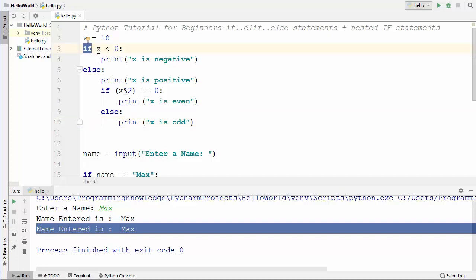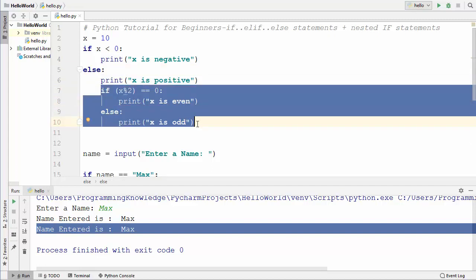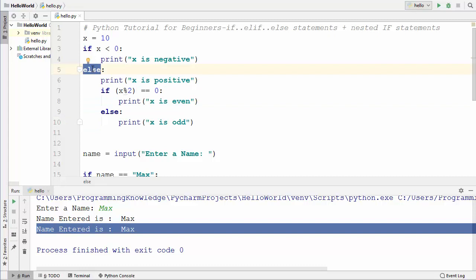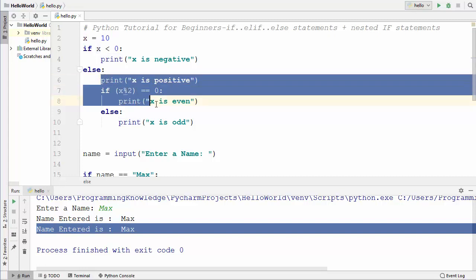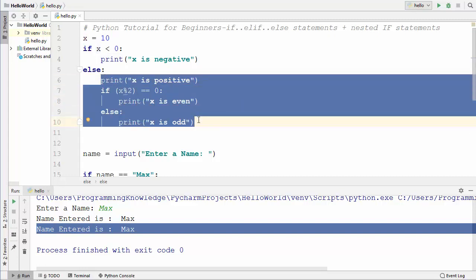So in this if condition, I'm checking if the value of x is less than 0 or not, and if this condition is not satisfied, then I'm checking whether x is an even number or an odd number. So if you remember, indentation here is very important. So this if condition falls under the else condition, right? So this if condition and this else are part of the else statement. Because we have provided this 4-space indent here,